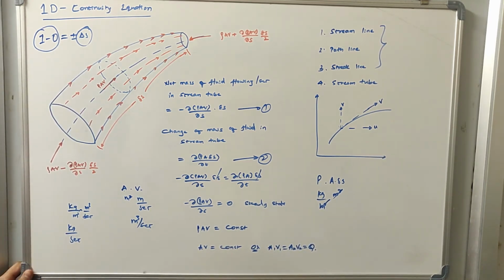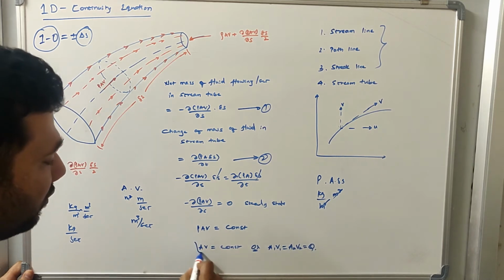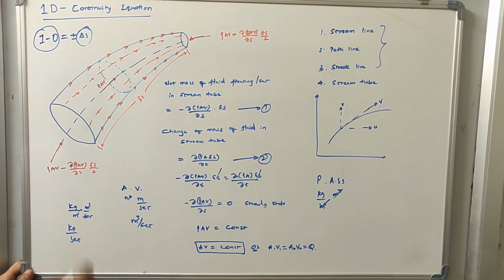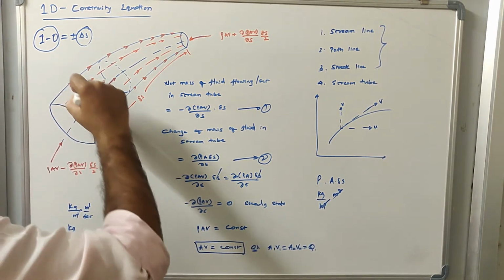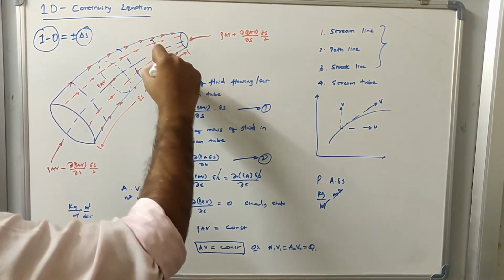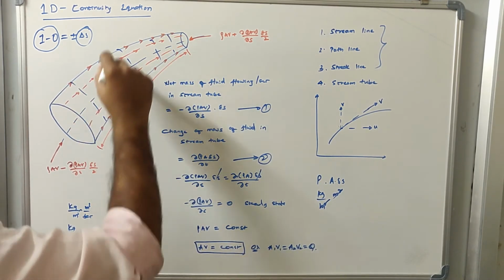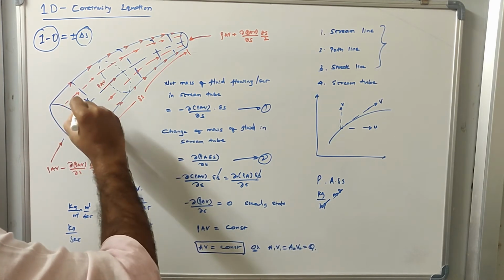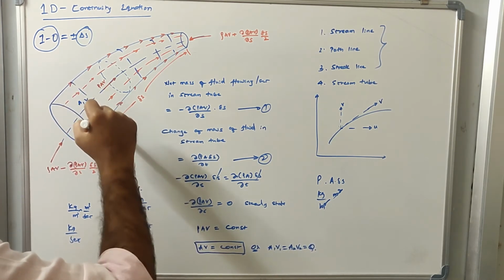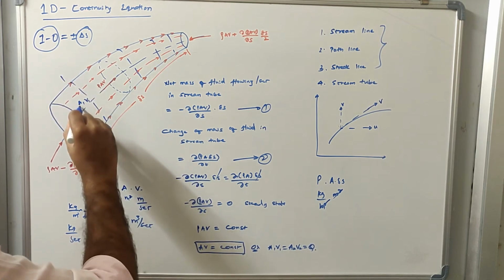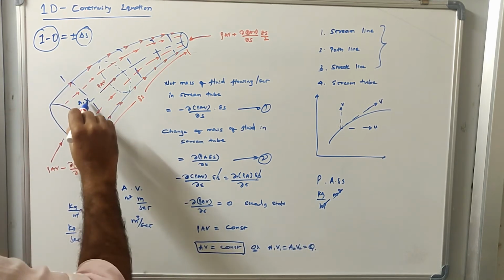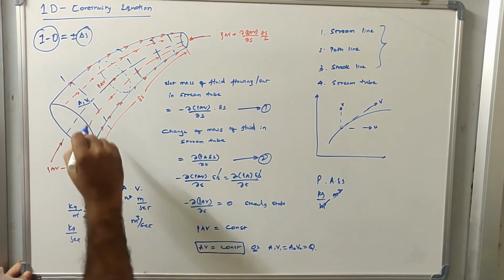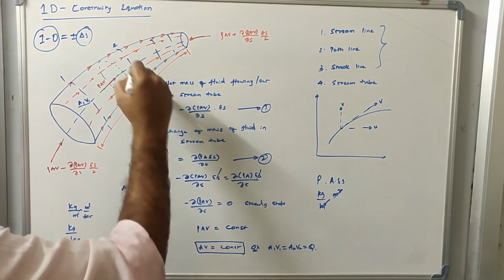Now coming to the physical explanation of what this equation means. Along this stream tube, if I take the cross section at various points, I can calculate how much is the area at every point. I can also calculate how much is the velocity here. Let me call this section 1-1. At section 1-1 I can calculate the area of the stream tube, and I can determine the velocity at this point. So A1 multiplied by V1 will be equal to, now going to the next point, section 2-2.